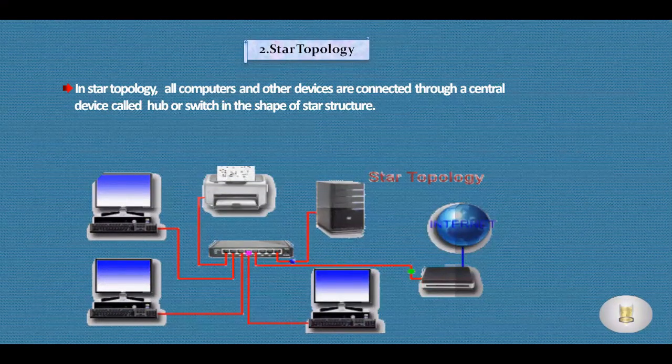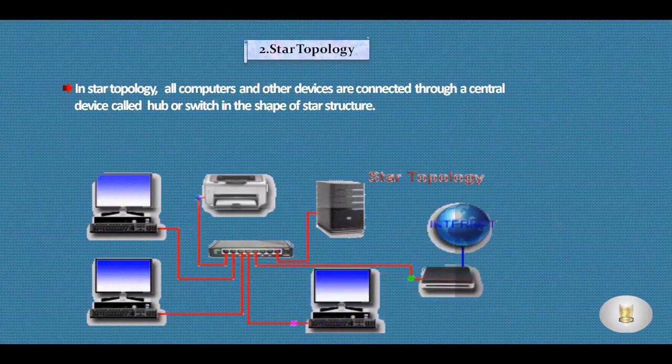As you can see in the diagram, in the middle there is a switch and all the devices are connected through a red wire to the switch, and the main function of the switch is to act as a central point for connection as well as to amplify the signal and send it to other nodes.